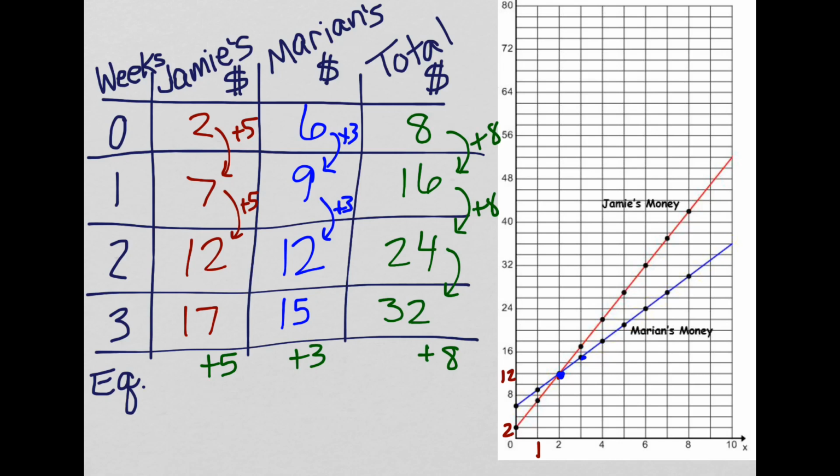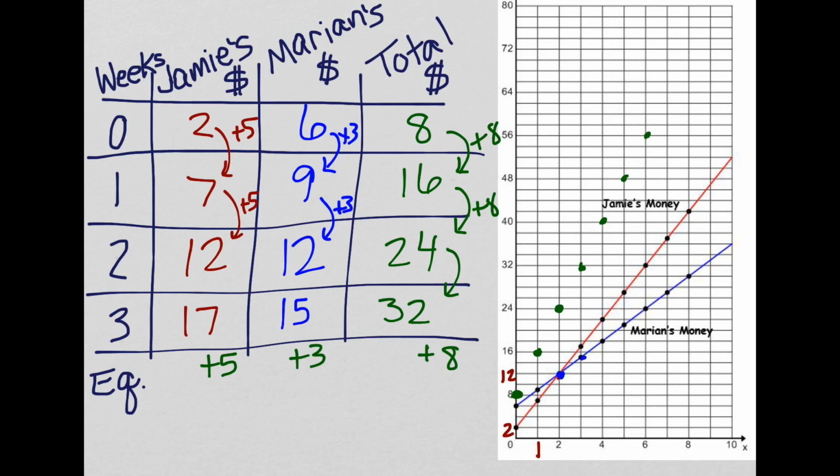So what I want to do right now is graph the total. How much money are they going to have all together? Let's graph it on the same set of axes. So in the beginning, they would have $8. Then after 1 week, they had $16. After 2 weeks, they had $24. Then 32. And you can see that we are going to go up by 8 every time,